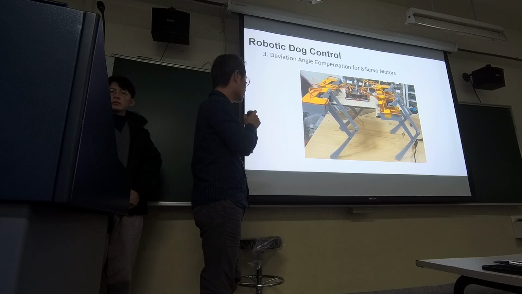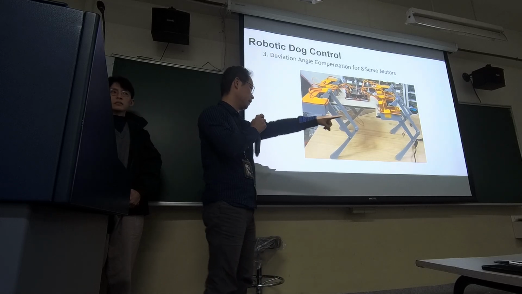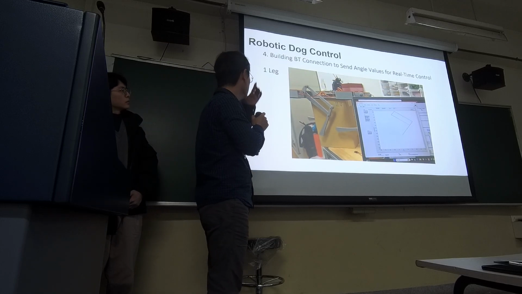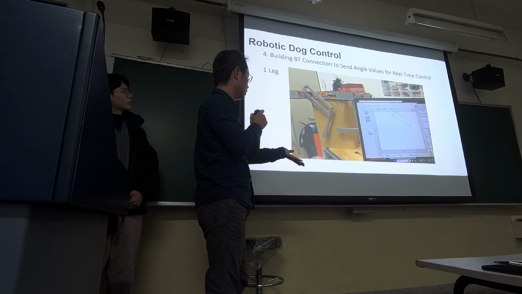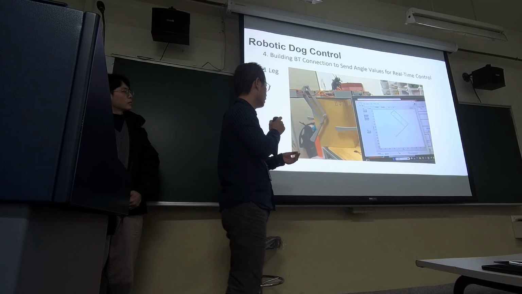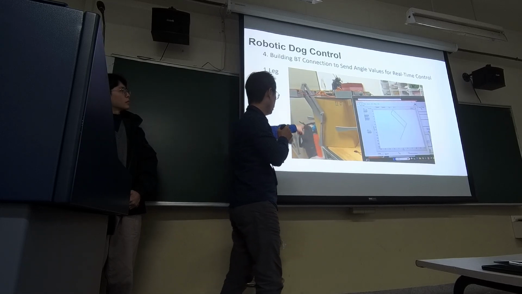Before going into the controlling, I need to find a deviation angle for all 8 motors to ensure correct positioning. This is the posture of the robot when it is standing. That's the robot. I also built a Bluetooth connection between the notebook and the robot, so that I can send the angle data in real time. As you can see, this is the real drive for one leg,